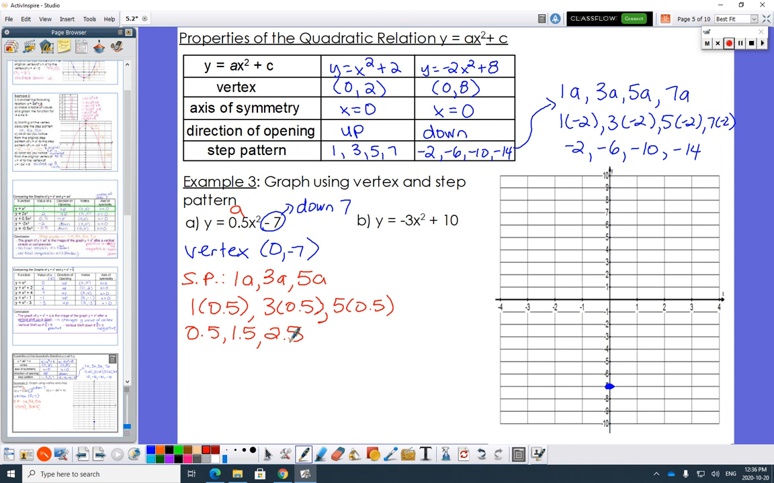So I realize that fractions aren't always nice to graph, but the most I would make you graph is half, okay? So do your best and estimate where half would be or 1.5 would be. So it's always over 1, up or down, whatever. In this case, it's not negative, it's positive, so we're going to go up. So over 1 up half, over 1 up 1.5, over 1 up 2.5,